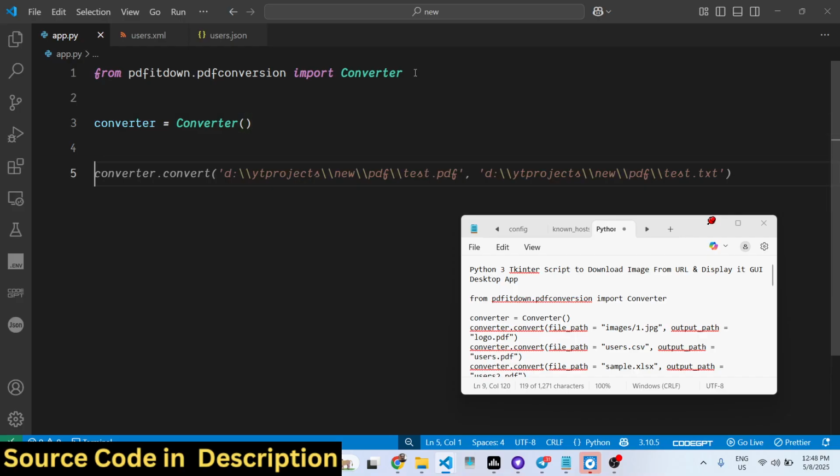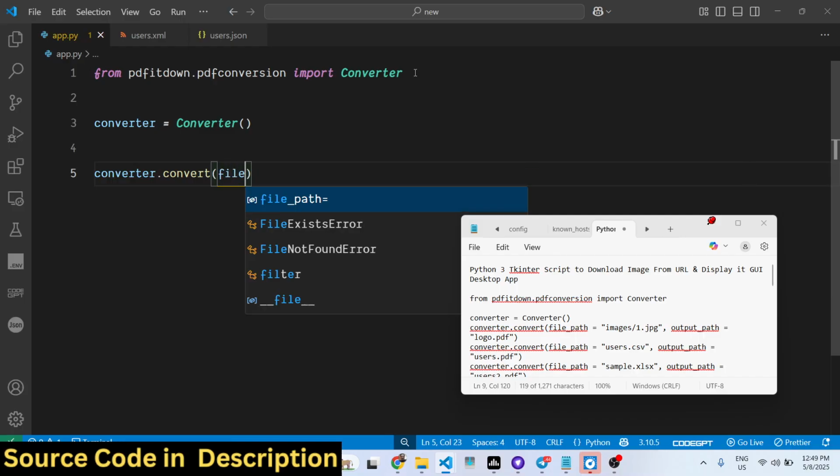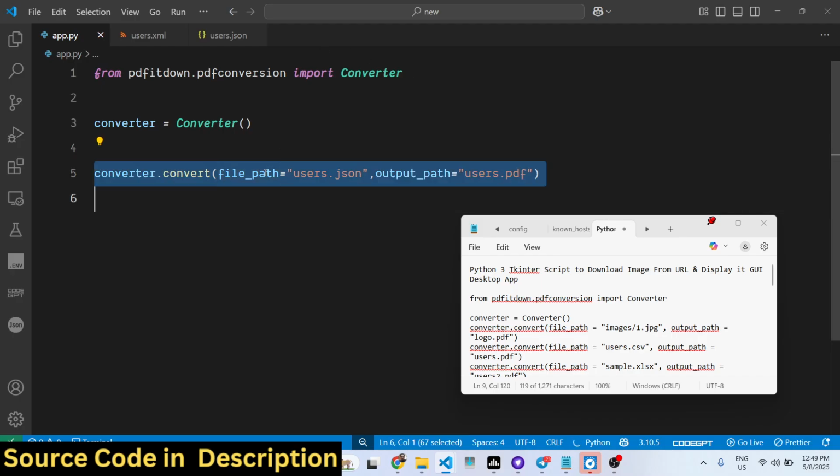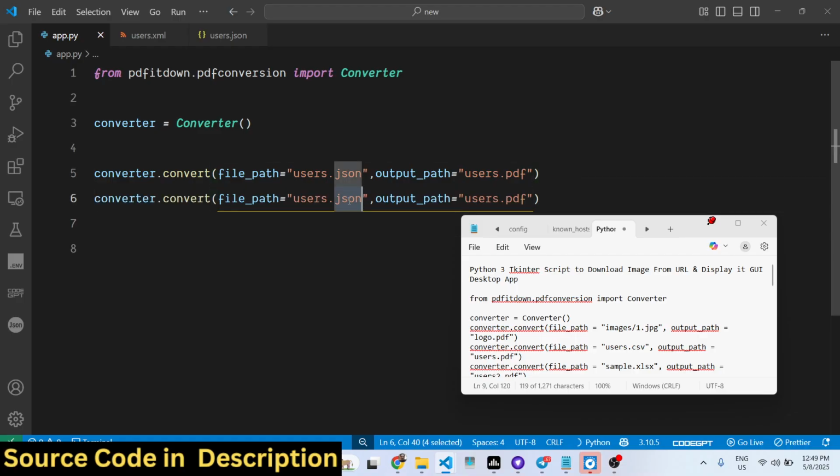After initializing this converter, it has a series of methods. So one such method is this convert method. It takes two arguments. First of all, your file path. So here you will specify your JSON file, and then it takes the second argument, which is your output path. So this will be the PDF file which gets created. We will do the same for XML as well. So here you will replace your XML file, and then